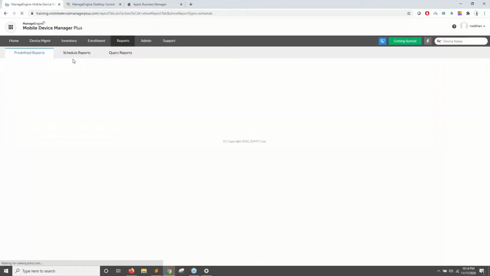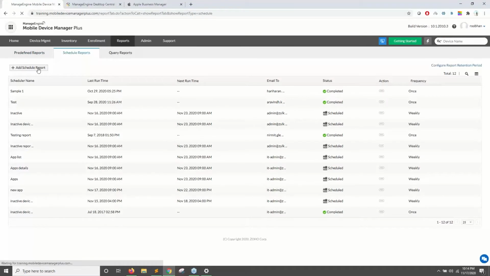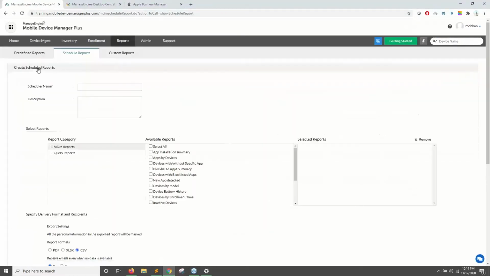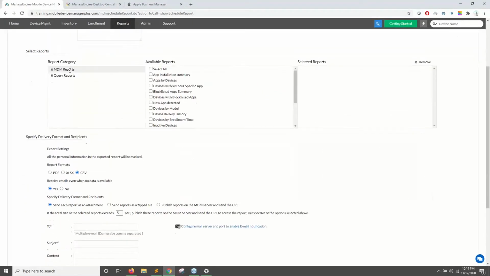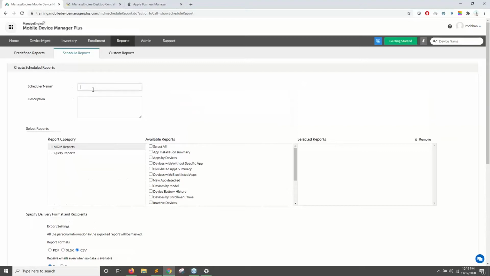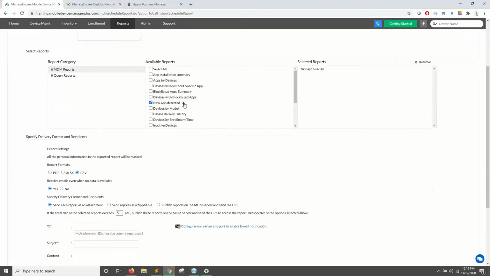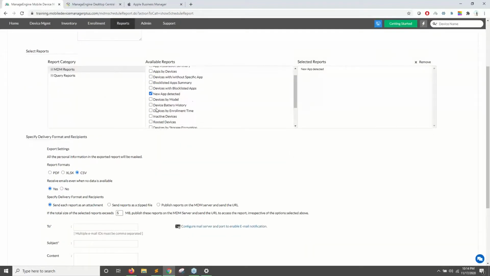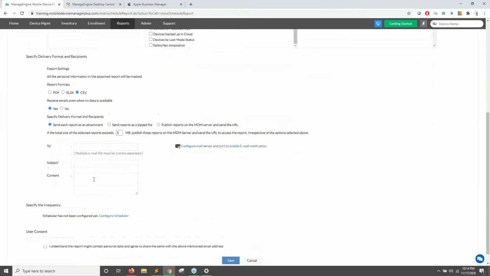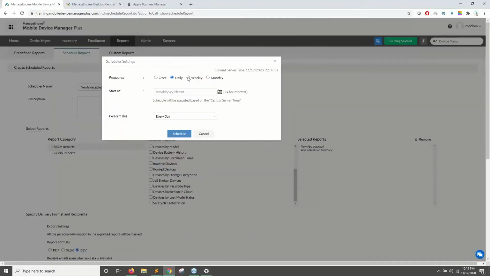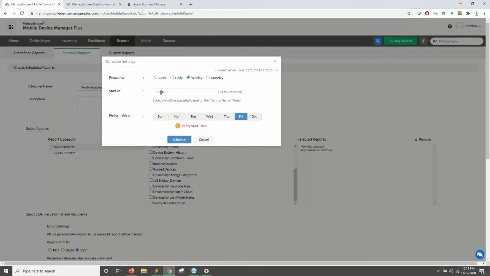At the same time, if you want to schedule them, let's say an admin might wish to get the list of apps being installed on the devices on a weekly or monthly basis. So what they can do, they can go to the scheduled reports, create a report on newly detected applications or recently installed apps. You can give a name and choose the app filters here. You can choose the required applications here itself and choose the frequency. Let's say I would like to get this on a weekly basis. Every Friday morning, I want to check these reports at 11 o'clock. So I'll just choose the appropriate